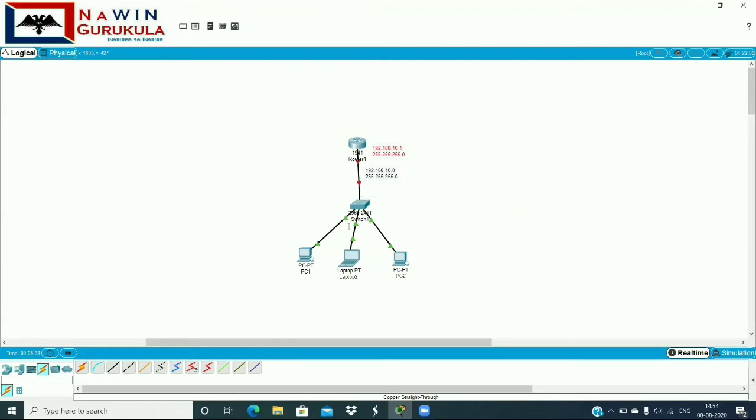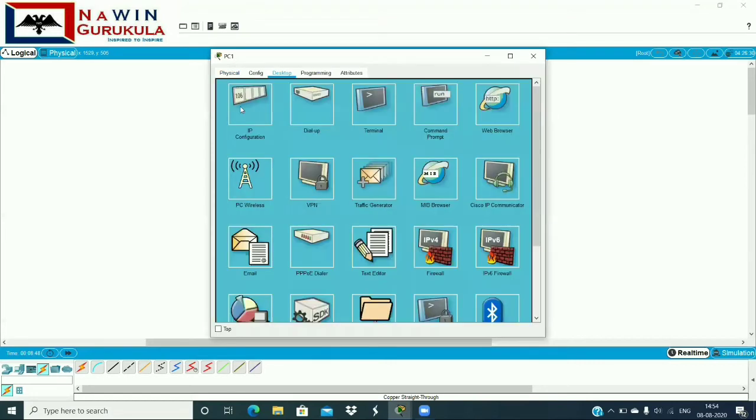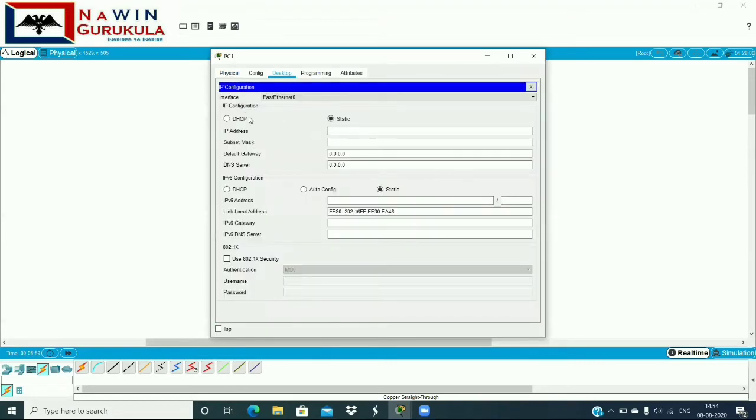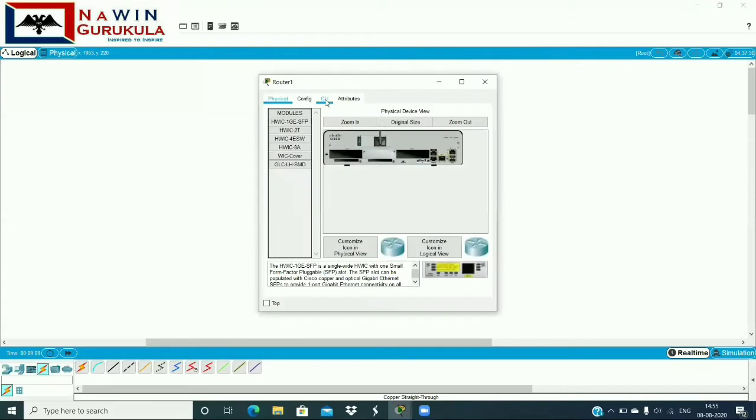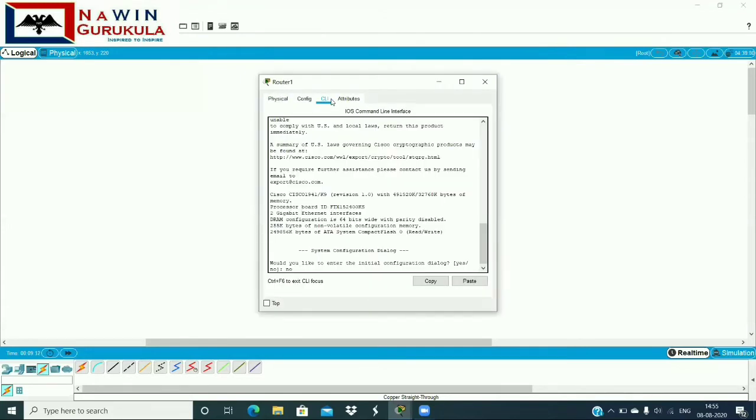Before doing the DHCP configuration, we have to take up interface configuration, because initially all these end devices will not be in the network. You can check that it is not having an IP address, and when you request for DHCP it will not assign the IP address, so an APIPA address is assigned. You can check here, it is the APIPA IP address, because DHCP cannot reach these end devices as they are not in the network yet. So we have to take up interface configuration first. Let us quickly do that.